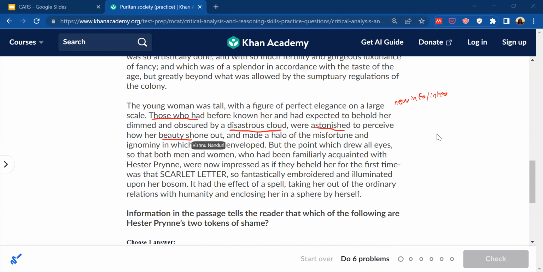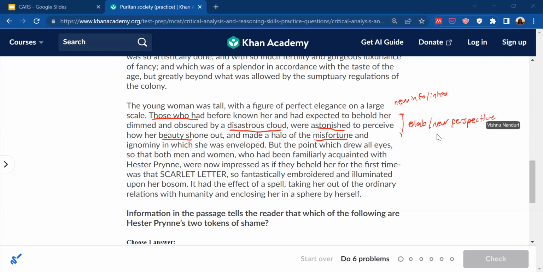Her beauty shone out, and she seemed to be okay, even though the circumstances around her, kind of like the misfortune that she was experiencing, didn't seem to affect her. So outwardly, she seemed totally okay. So good elaboration. You could even say new perspective, because now we're learning about what the people around her think